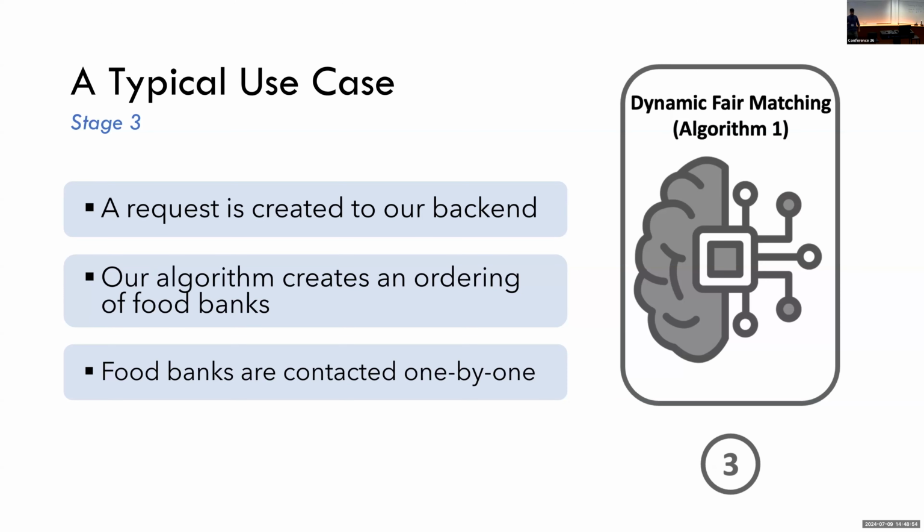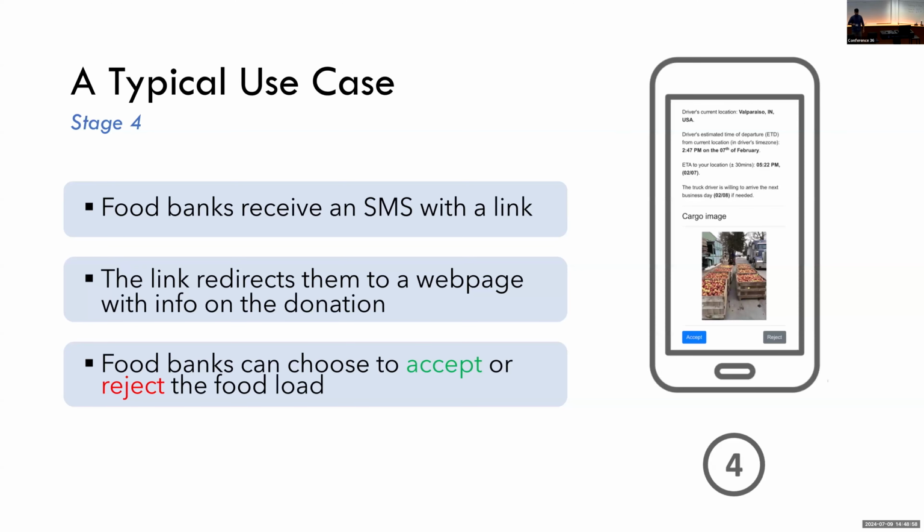And then it will automatically start contacting food banks one by one. And this is the interface that the food banks will see. The food banks will receive, at a pre-specified phone number, a text message with a link that will redirect them to a web page where they can see information regarding the food load and the time of arrival to their location, and they will have the option to accept or reject this food load. And if they reject or they don't reply within a pre-specified time period, then the next food bank is contacted